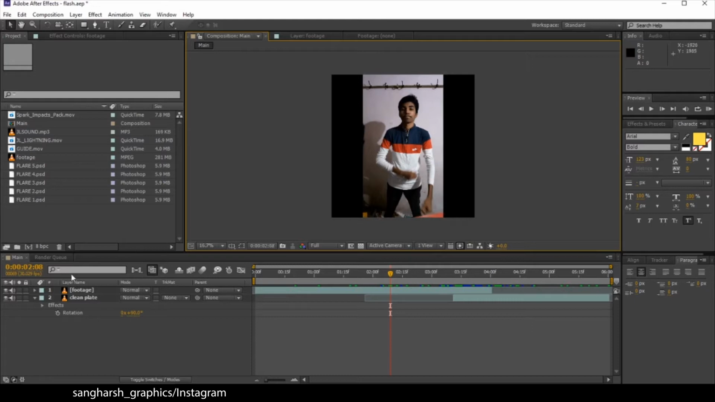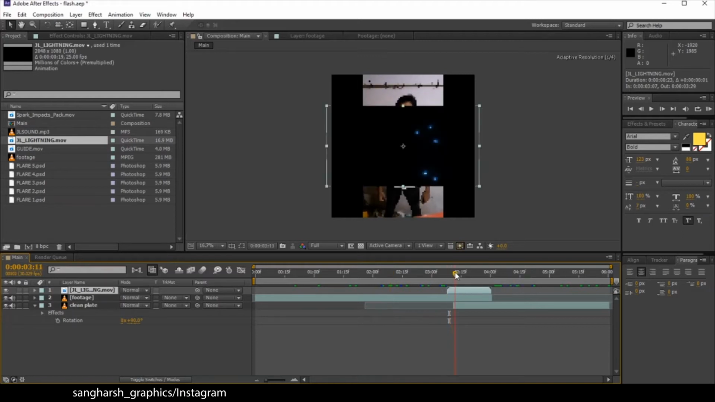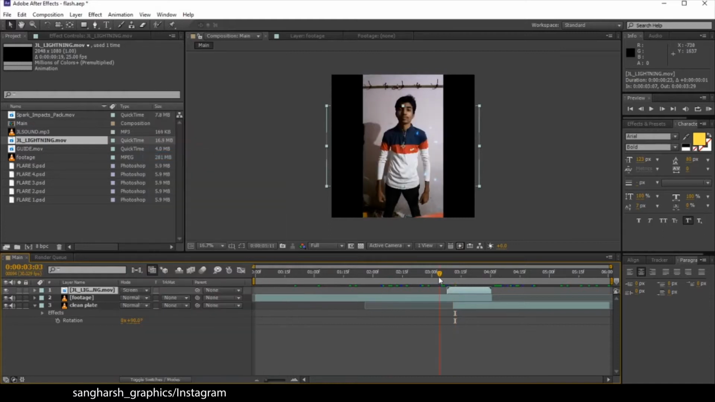So what we are going to do first, drag this gel lightning and let's just end it here like this. When you want it, let's make its mode to screen. Okay, let's just choose the position from where we want the flash effect. I want it from here. Let's drag it here like this. Then what we have to do,